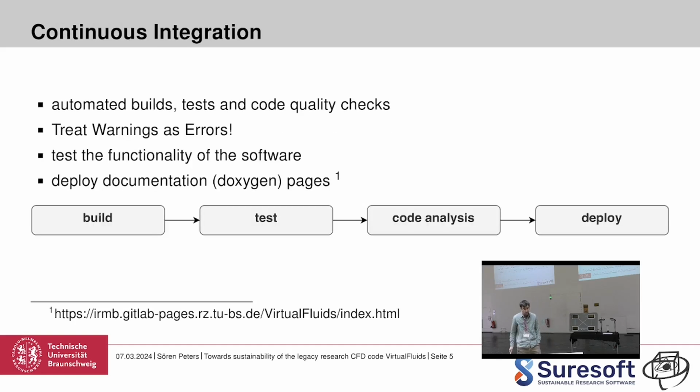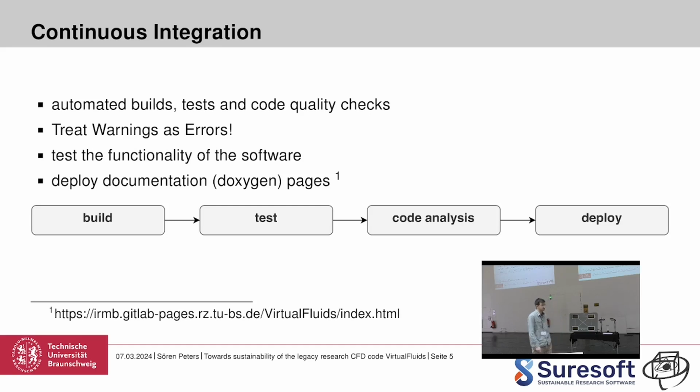When I joined the team, there was already version control. That was nice, but there was no CI. So the first thing I did was setting up CI pipelines containing build stages or compilation with different configurations. We also enabled, after some time, that we do not allow new warnings in the code. It was quite a fight,